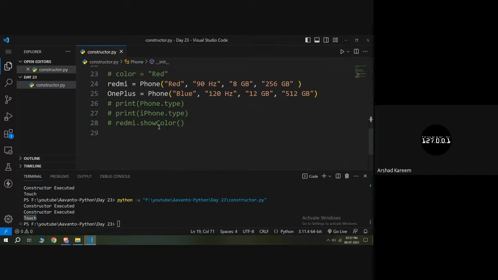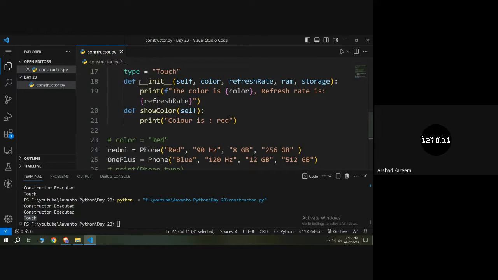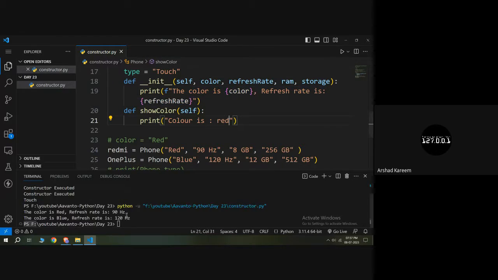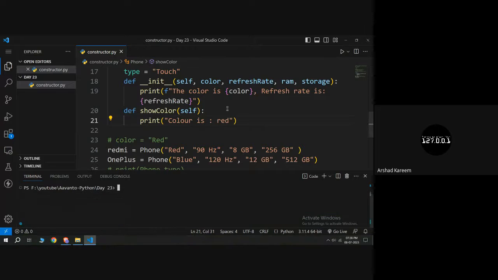It's fine. Now if I run this, what will happen? I am not calling this show color method, so only the code present inside the constructor will get executed, no? So I am going to get output as the color is red, refresh rate is 90 hertz. And while creating object called OnePlus, I am going to get output as the color is blue, refresh rate is 120 hertz. Now if I run this, you can see here I got the desired output. Which means my program is working perfectly. All right, so let me clear this terminal, and